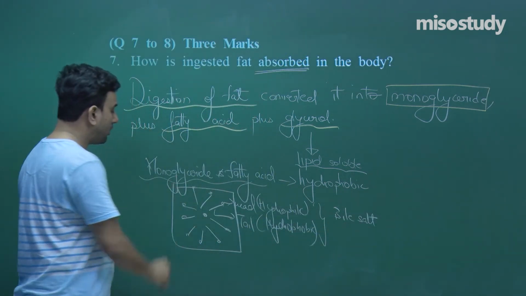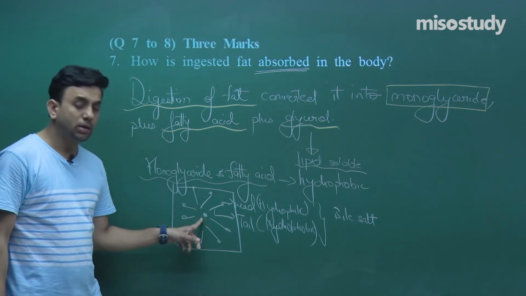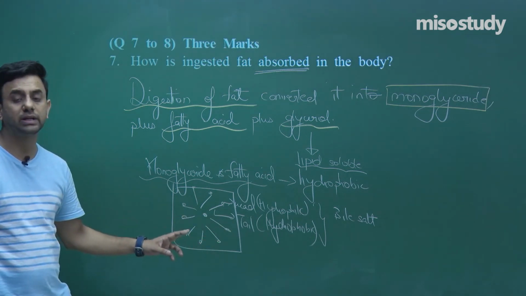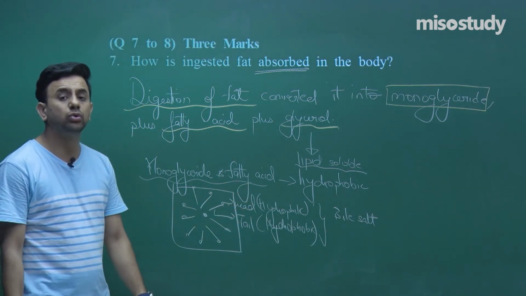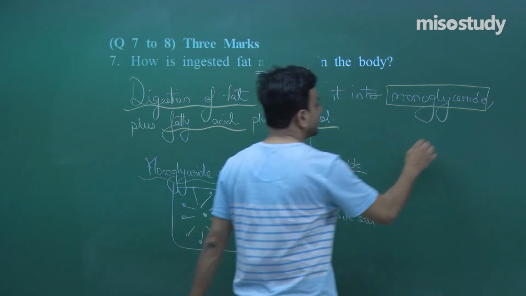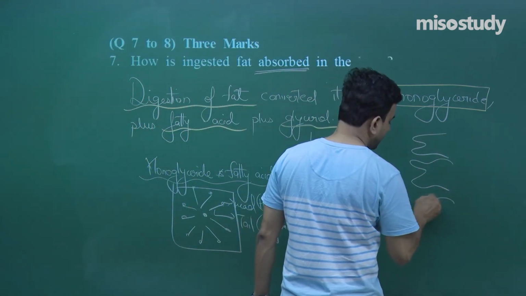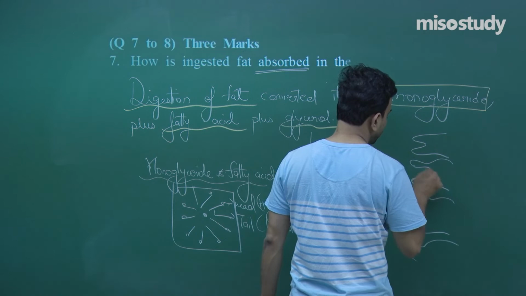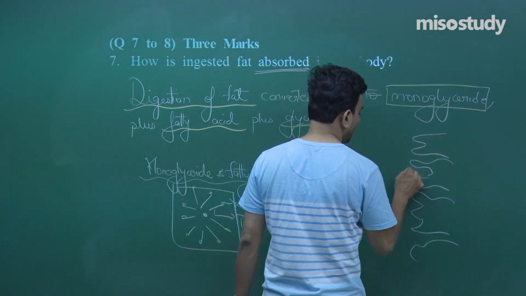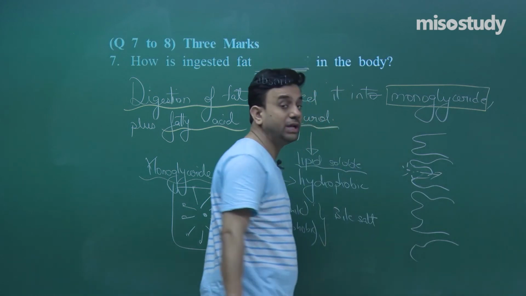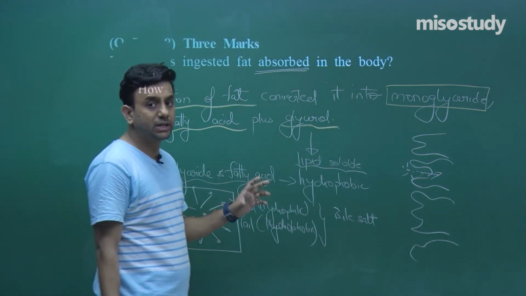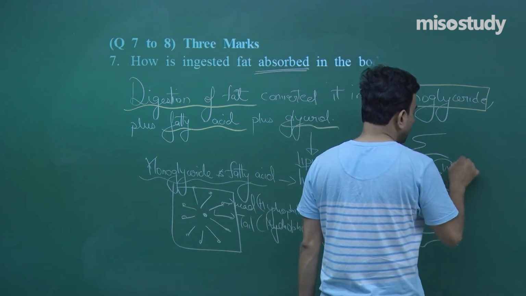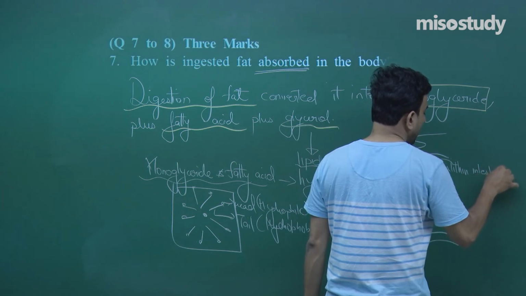As a result, because of this combination, the surrounding of the monoglyceride and the fatty acid by these bile salts, the outside has become totally hydrophilic, that is water loving, and now it enters. Say if this is the microvilli of the intestine, it enters over here by pinocytosis, liquid cell drinking. This whole combination enters into the intestinal cells. Now, once it has entered into the intestinal cell,